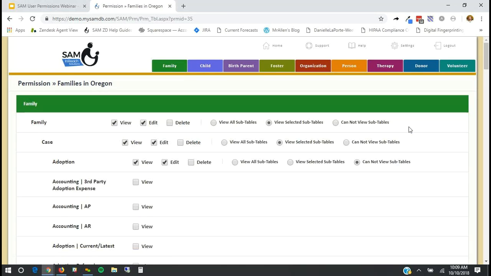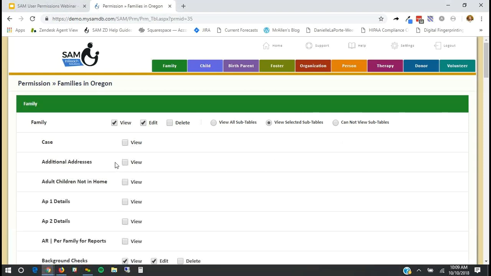Once you click Edit, you are taken to the option to see exactly what this user can view, edit, and delete at a really high level. So for instance, I'm going to remove this and remove this for a second. And you can see that as I limit what they can view, they certainly can't edit or delete, and so those options come away. As I open up their view, I can determine whether they can see the tables that come underneath the case,